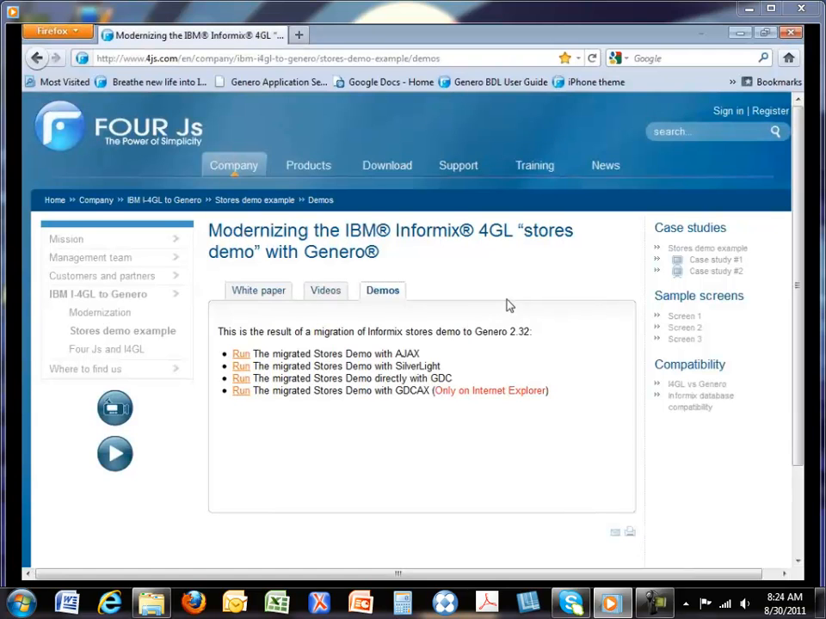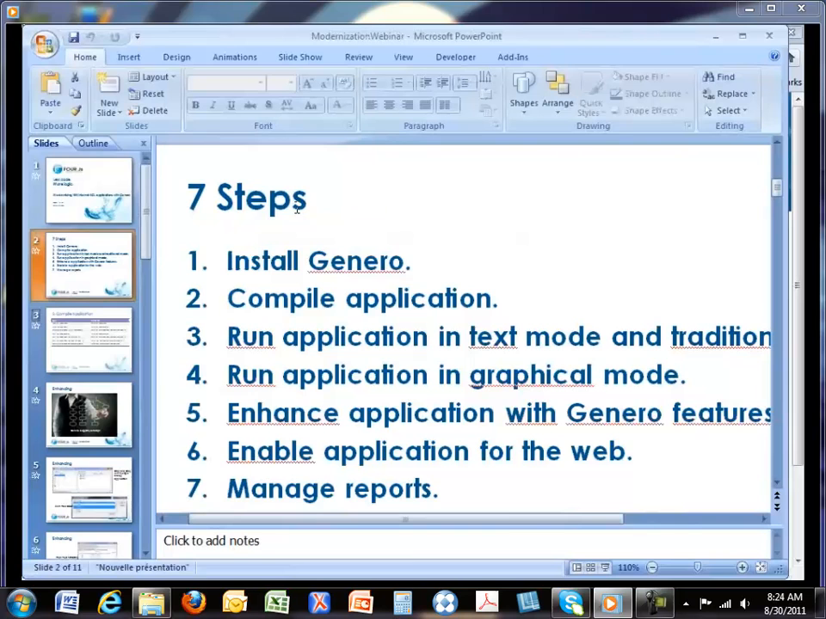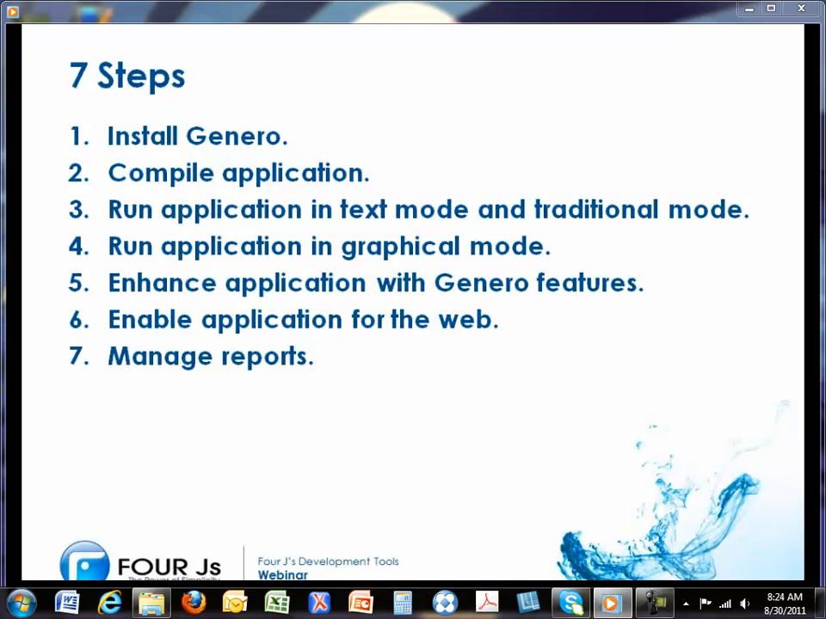All right, so let's go ahead and get started. I want to first talk about the 7 steps that we're going to look at today, 6 of the 7 actually. The first one is installing Genero, and I have it installed on a Linux server, and I'll be using a Windows front end, and it's already been installed and configured, so we're going to start with compiling